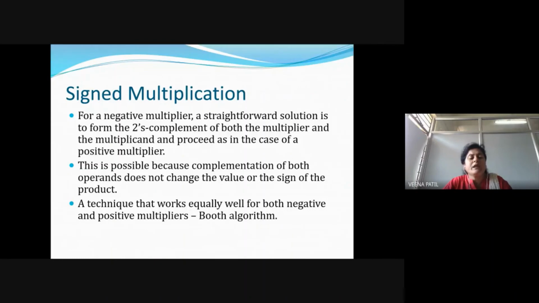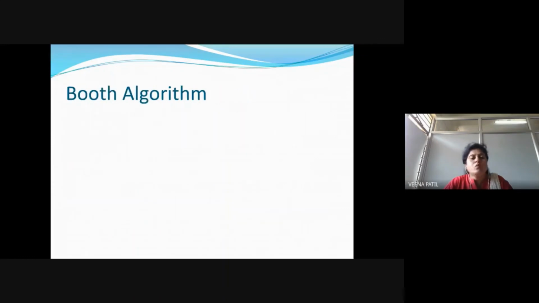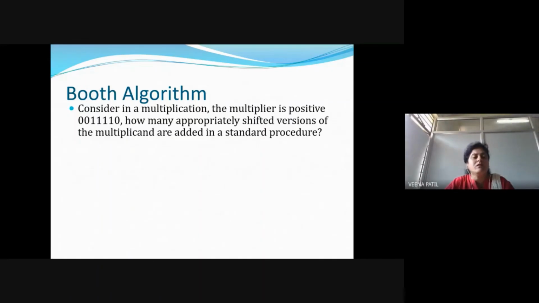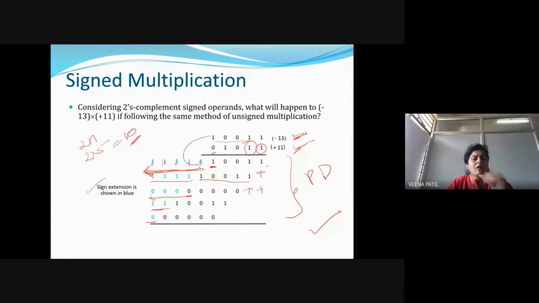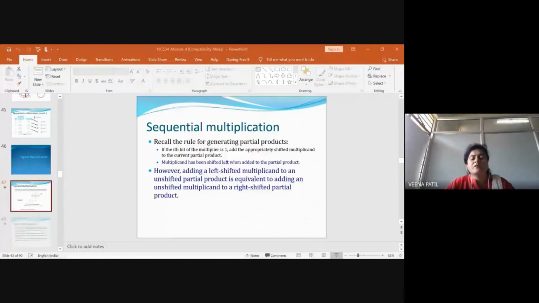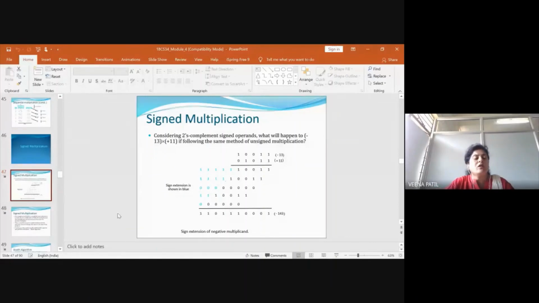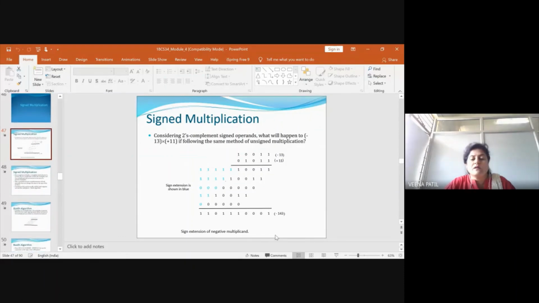So we have one more technique which is called Booth's algorithm. If both of them are negative or positive, it will work better. Booth's algorithm we are going to learn in the next class, or I will upload the video on this. You will see it in the next link. So any doubts in this? Anybody has any doubts, you can ask me before I go to Booth's algorithm, because Booth's algorithm will take a lot of time. We will see it in the next video.